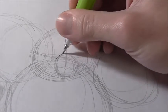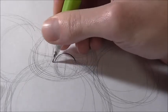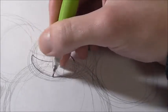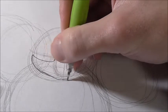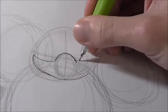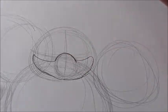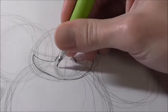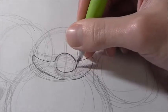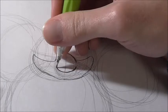And then what we're going to do is we're going to draw a curved line that kind of follows the top of this oval here. And then draw a curved line that curves up, and then wraps around. Kind of goes down and over, and then here we're going to draw a line that again kind of curves up and down and kind of connects into it. And then here we're going to draw a curved line that kind of follows this curve, but it's not going to connect. So you get a little curved line like that,